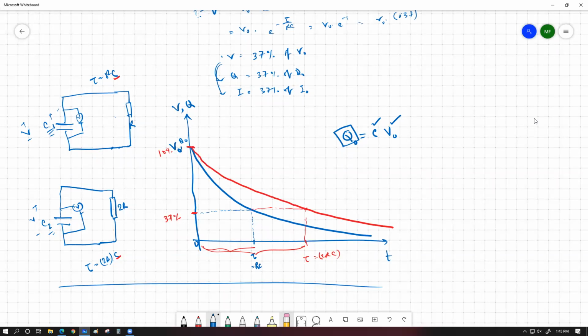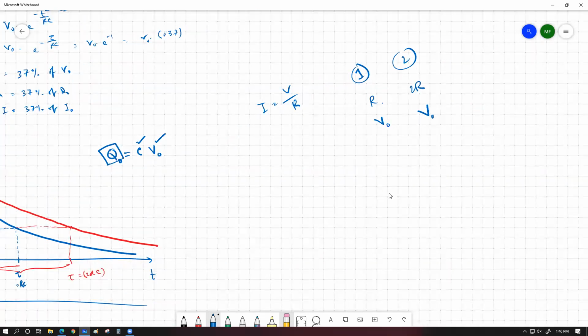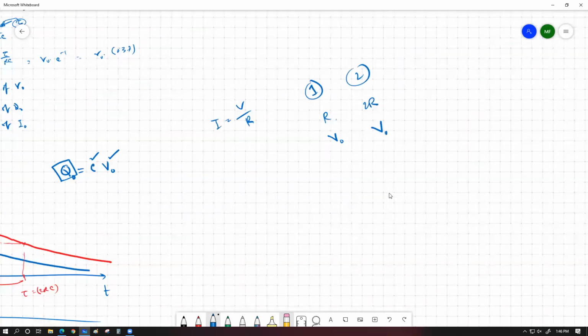What about the current? One thing you need to understand is that the current of a certain capacitor is defined by Ohm's law, which is given by I equals V divided by R. Try to understand, we have two different circuits over here. Our first circuit has a resistance of R. It was charged to a voltage of V. The second circuit has a resistance of 2R. That was also charged to the same initial voltage, V naught. They are both charged to the same voltage. This necessarily means that if we're trying to get the initial value of current, let's say for